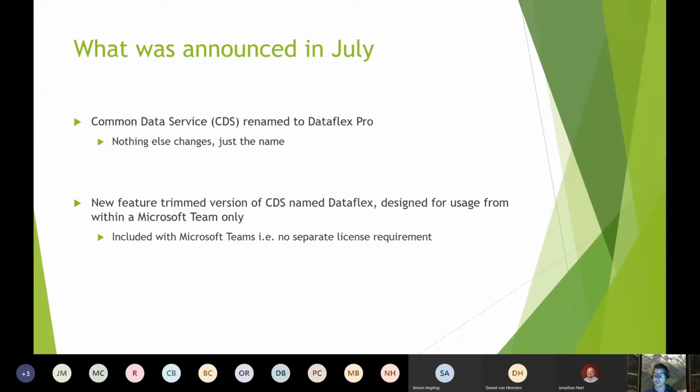The intention is still to launch this trimmed down version of CDS. The names might change. I think there might be some debates going on around the actual names, but that doesn't really matter. It's still the intention of having this trimmed down version of CDS, which is designed to run inside of Microsoft Teams.